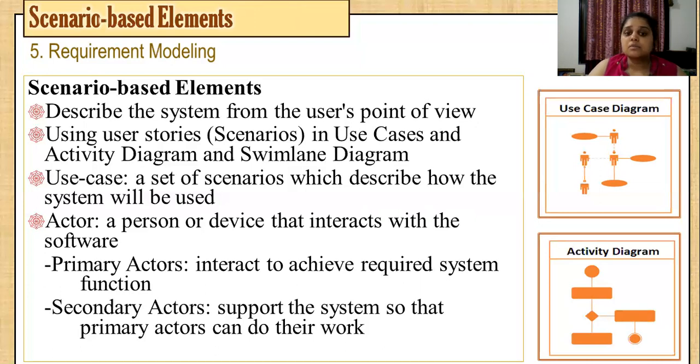An actor is a person or a user who is going to use the software or interact with the software. There are two types of actors, primary and secondary. Primary is the main user who is going to use the system. And secondary actors are those that are making the system work efficiently so that the primary actors can perform their functions.